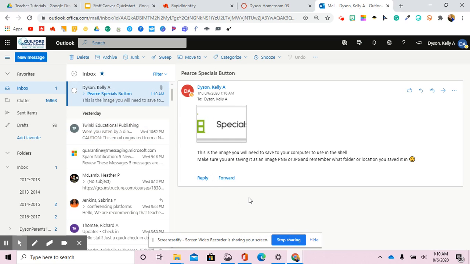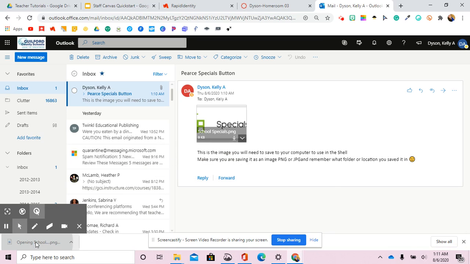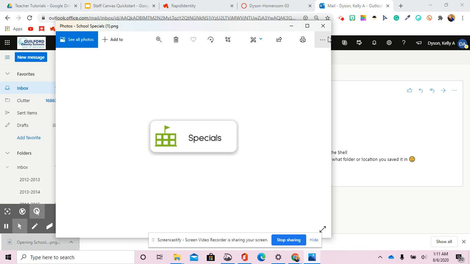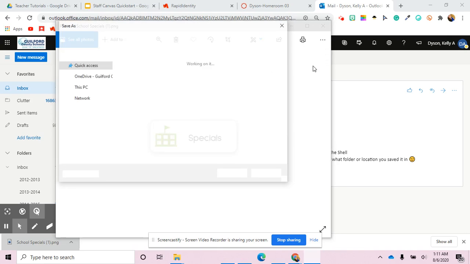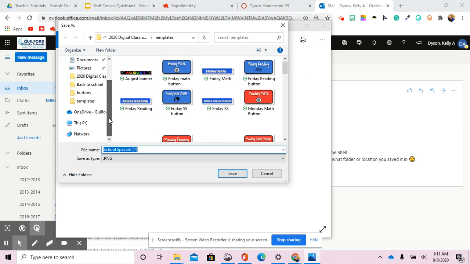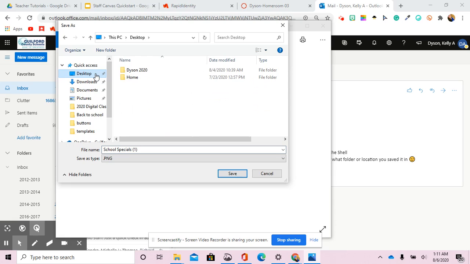So when you get this email from me, you're going to hover over that image that comes with it. You're going to see the arrow to download it, or preview, download, save to OneDrive, Guilford County. That would actually be easiest. I'll show you both ways in case you're not logged into OneDrive. But you just hit download and you open that image. You're going to click on these three dots and save as. And you're just going to pick where you want to save it. If you want to save it on the desktop,